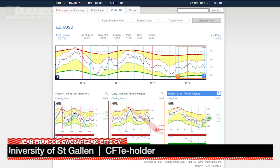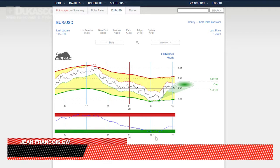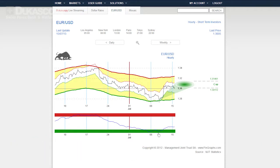Now on the hourly, we did see this strong correction up. We were in a situation where quite a bit of exaggeration was given, with the risk index in the green, sorry, and the envelopes touching each other. But for now, it's only a correction up. To create a stronger move and cast our daily into that, we really need to make it above the corrective targets, which means above 131.46 here. So as long as we stay within the range here, we'd still be on a negative long-term trend, and we would consider this zone more an opportunity